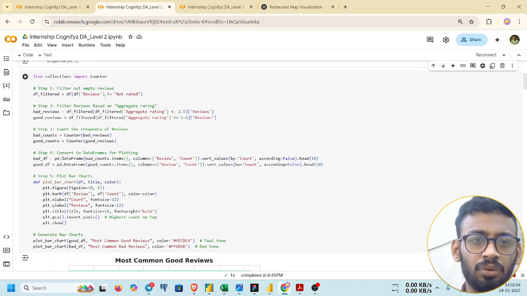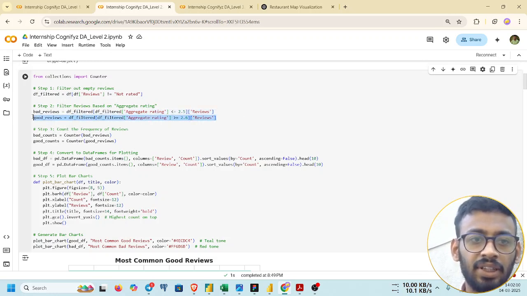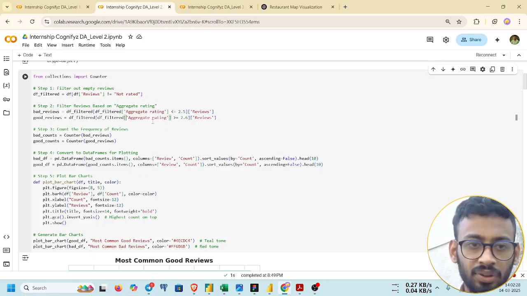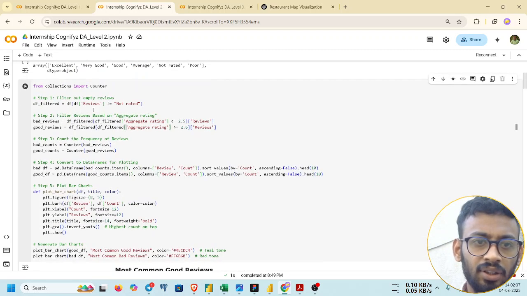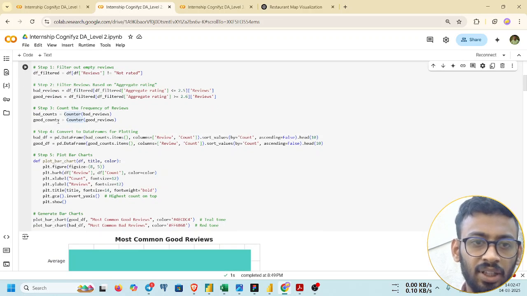So we categorize good or bad type of column with this criteria. Like if the aggregated rating is less than 2.5, then these restaurants will belong to bad reviews, and above 2.6 is going to be my good reviews. So after categorizing this, we take the count. We import the Counter module from the collections library. Then using the Counter function,